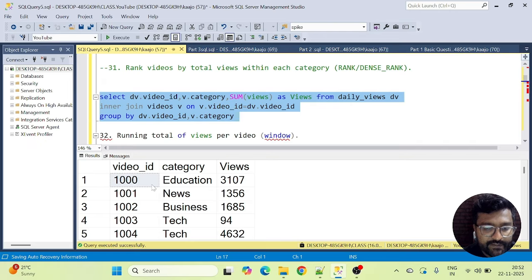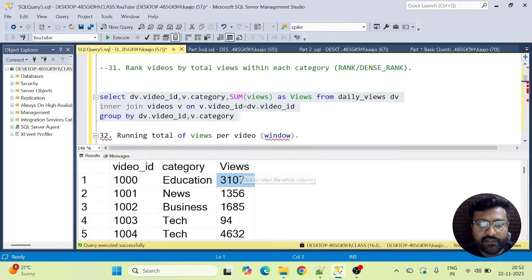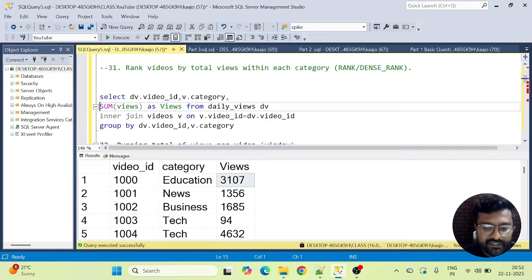Okay, so this is what we have got, right? So we have got the category of each video here, right? And we already did the sum of the views for all the videos. Now we need to do ranking, right? So how can we do ranking here? So just simply take a row number, right, over partition by,